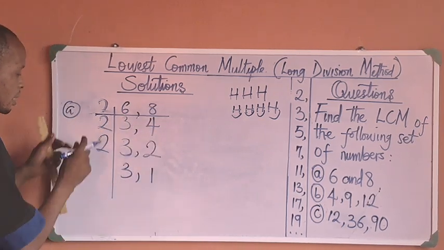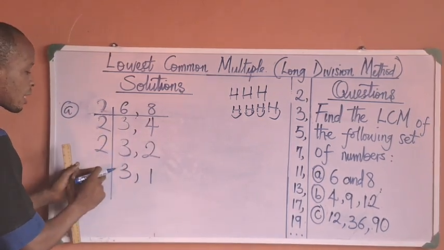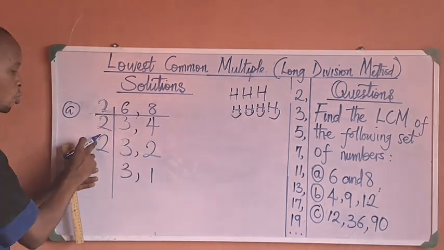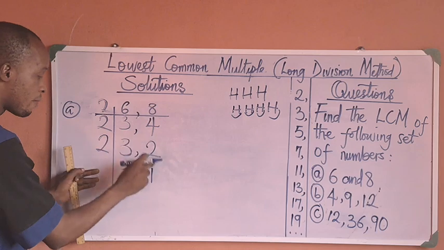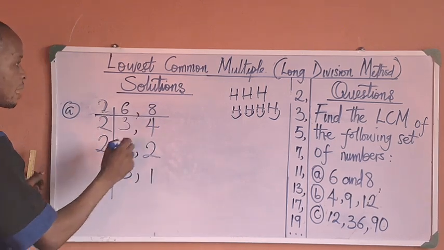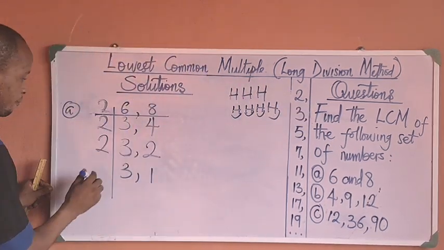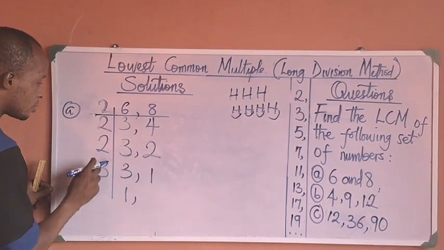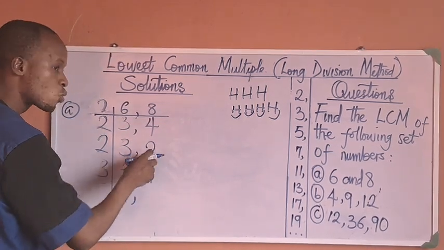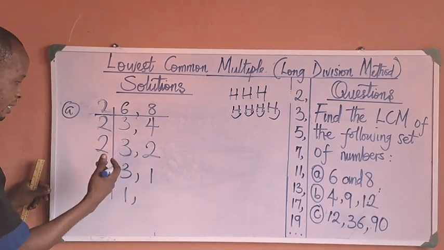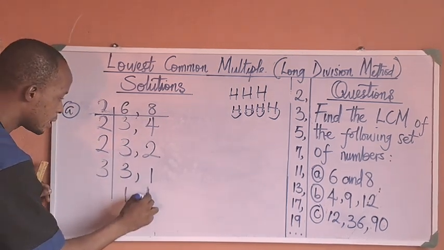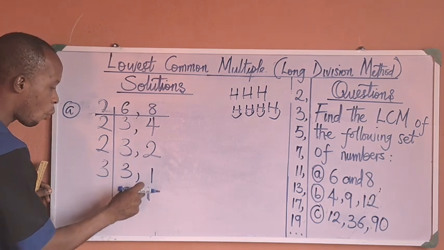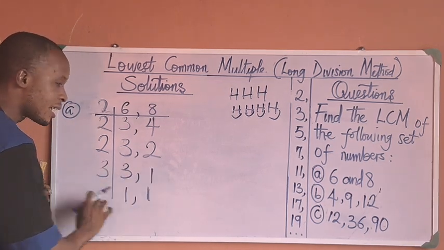Why? Because this 2 that I've been using can no longer divide any of the answers here without a remainder. 2 is not a factor of 3 and it's not a factor of 1. So in that case, I move to the next prime factor, which is 3. And 3 will divide 3 1 time, and 3 cannot divide 1. That will be a fraction. So in that case, we are going to repeat the 1, and that is the final answer. The moment you get 1, 1 after your last division, that is the end